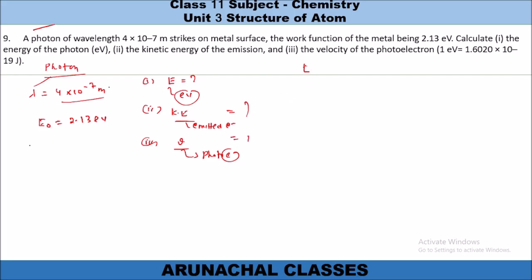We know that the energy of a photon is E equal to h nu. Let it be one photon, so E is h into c upon lambda, since nu is c upon lambda. Here h is 6.62 into 10 power minus 34 joule second, c is 3 into 10 power 8 meter per second, divided by lambda, whose value is given in meters, 4 into 10 power minus 7 meter. Now if I solve this one, it will be